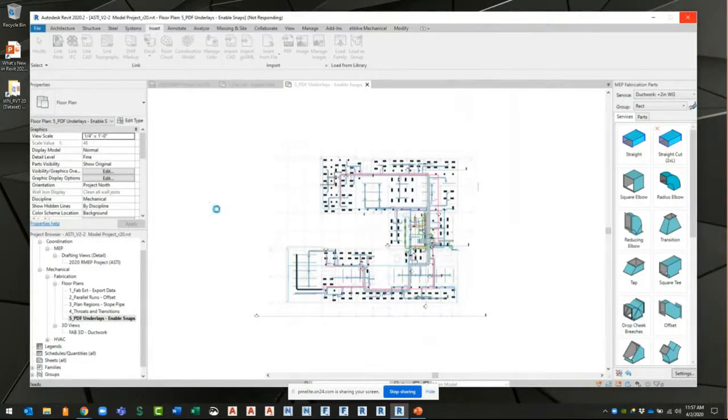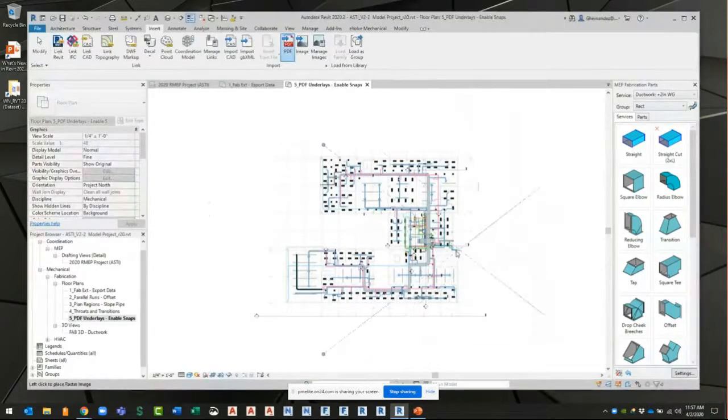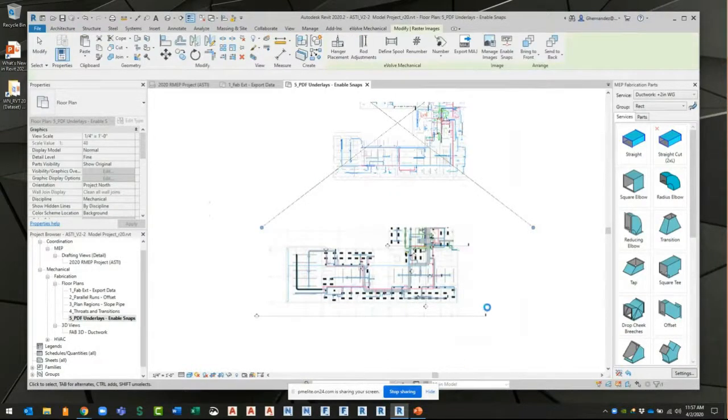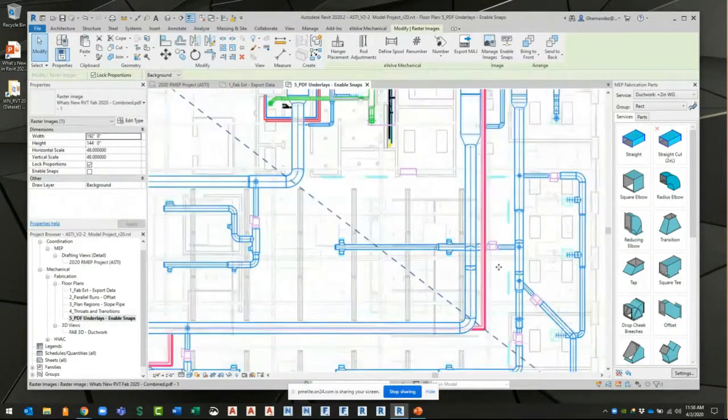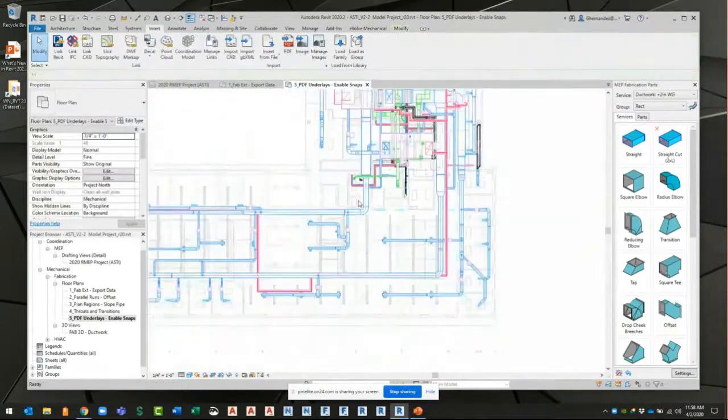Takes a minute, depending on the resolution. Again, it's these things, you've got to make sure that they're all nice and cleaned up. I'm just going to slap this one right over the other one there. I'm going to delete it anyway. But one thing that you can see here is that when you place it right now,